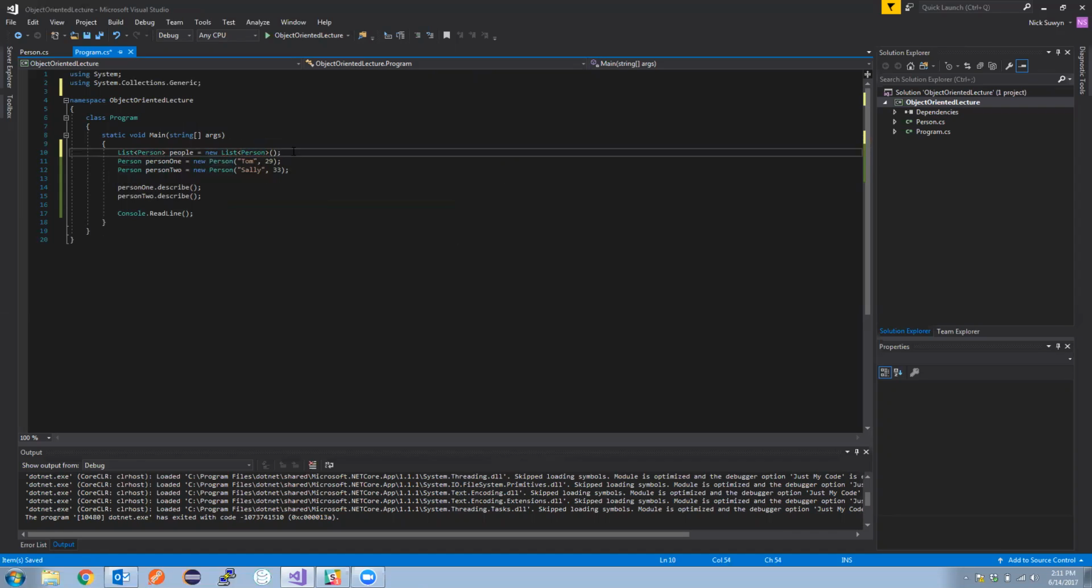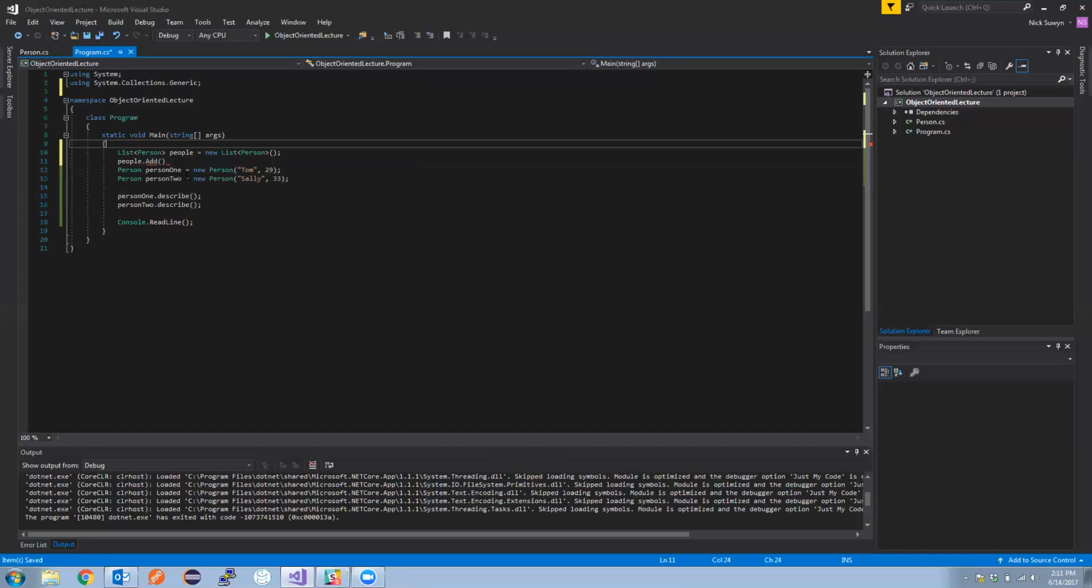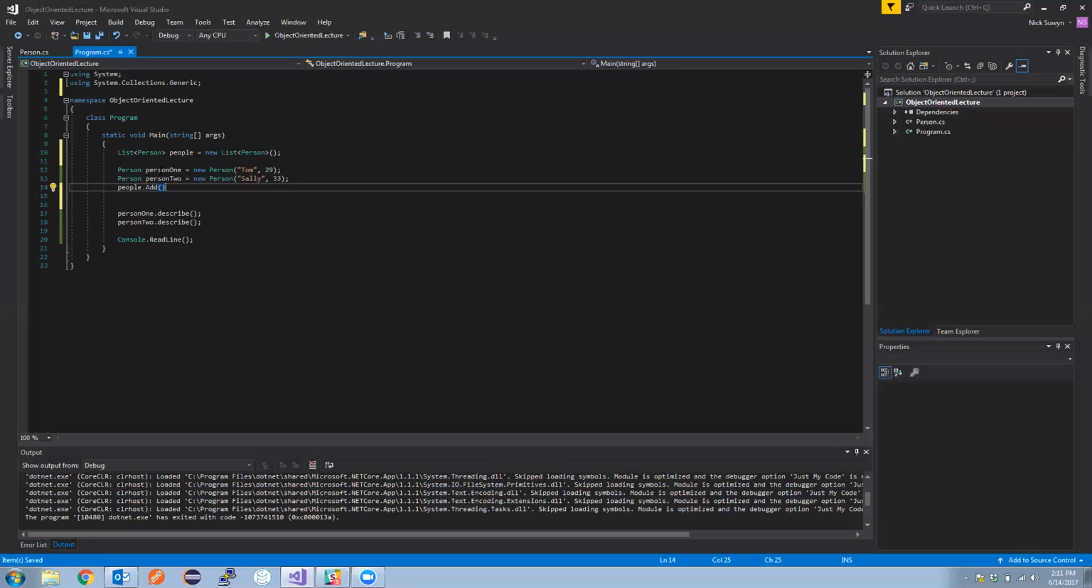There we go. So I had to import our list from the generic collection. So then we can go ahead and say people.add, and I can move this down here. Let's create a space. I could do this, and I could add these people in by variable name, or I can actually just take